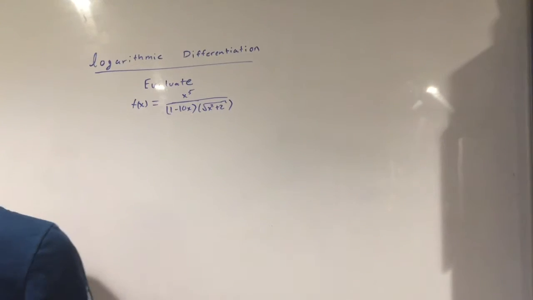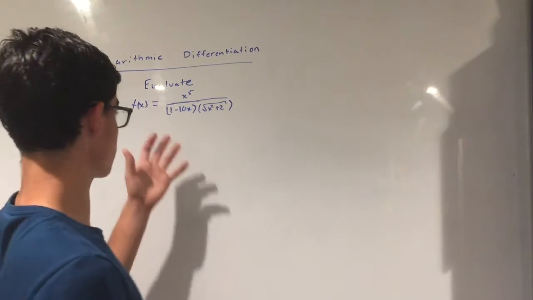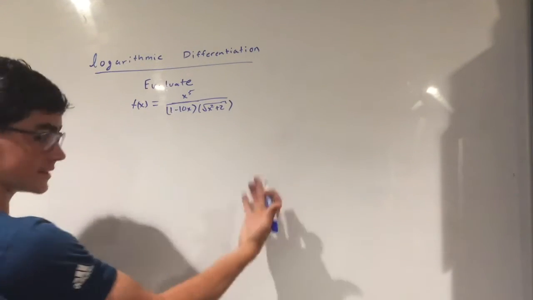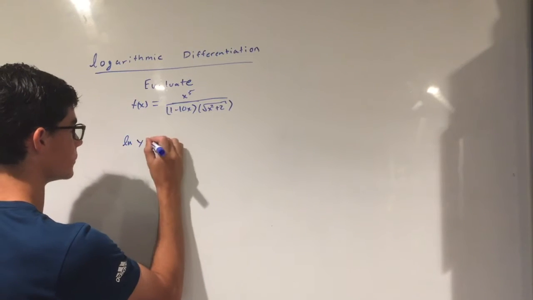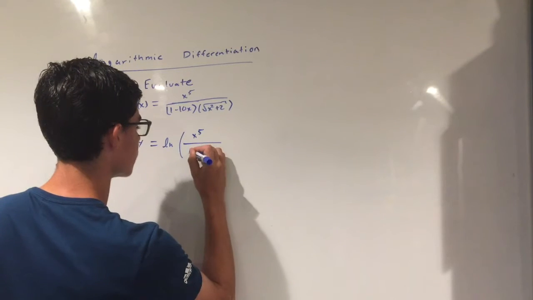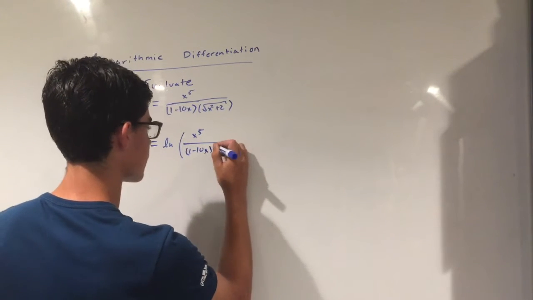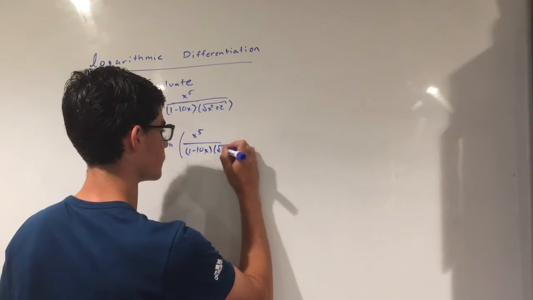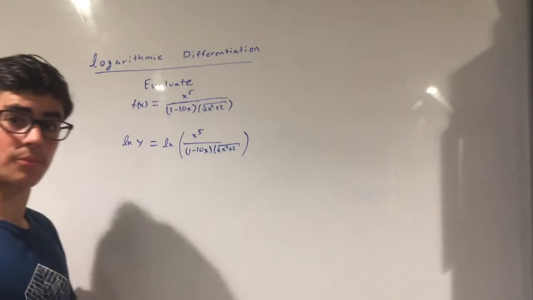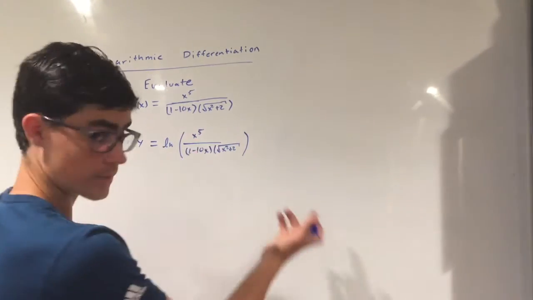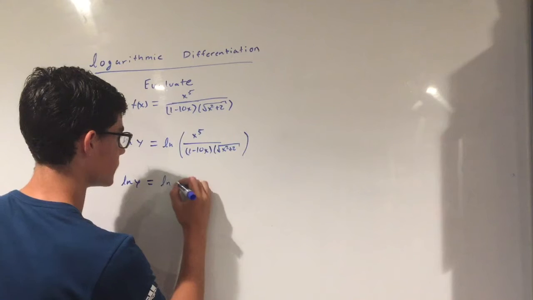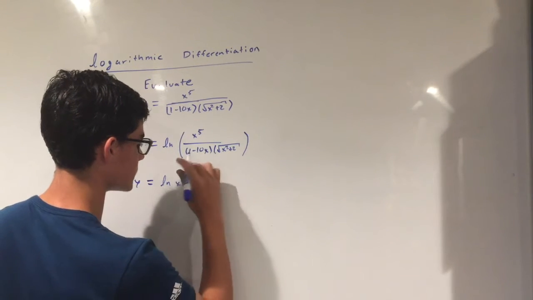But to start off with this question right here, to start off with logarithmic differentiation, we simplify f of x to y, and we take the ln of both sides. Ln of y is equal to ln of the function, and through logarithmic properties we can rewrite this as the top minus the bottom, or these two bottoms in this case. So ln of y remains unchanged, and we take ln of x to the fifth minus ln of